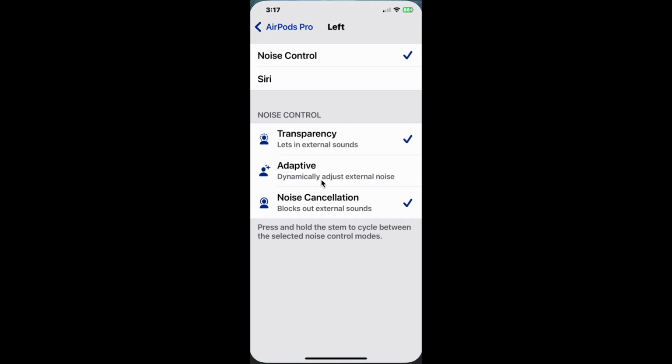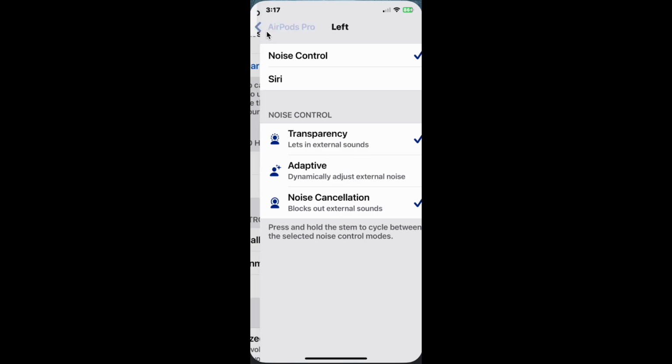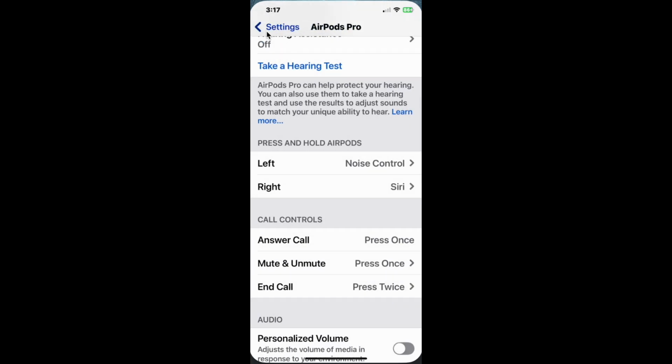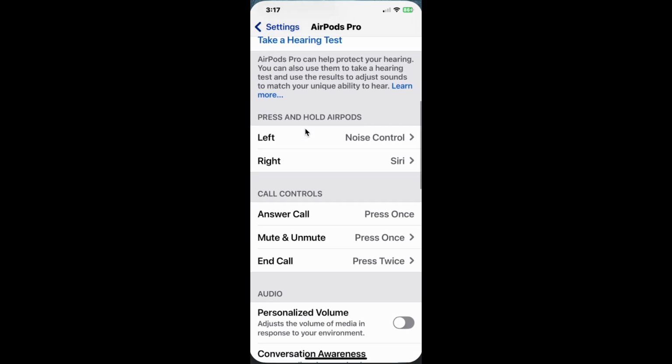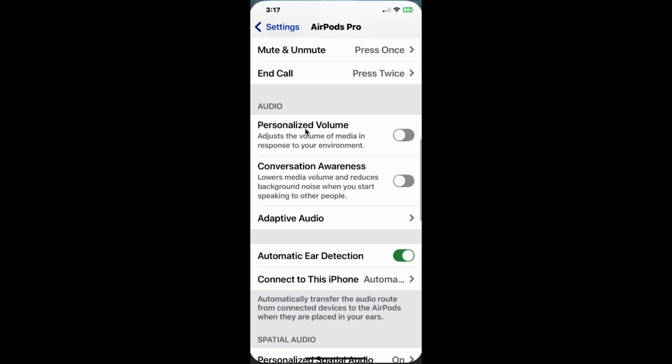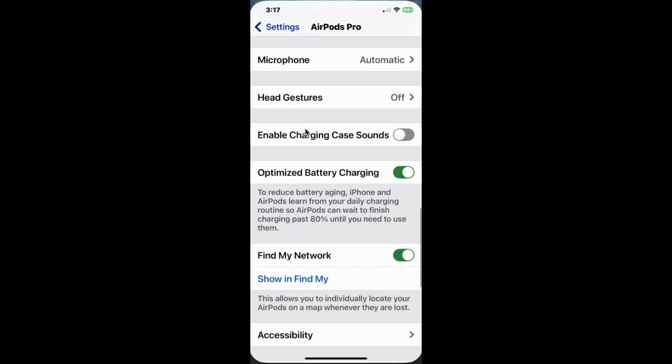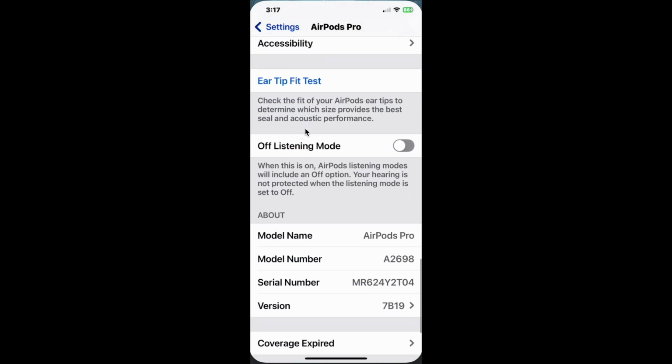Before this update, I could turn off listening mode entirely by long pressing the left AirPod control, but now, as you see, the off option is disabled by default. So to bring the off button back, go to your AirPods main settings, then scroll down. You'll find a new off listening mode right here,